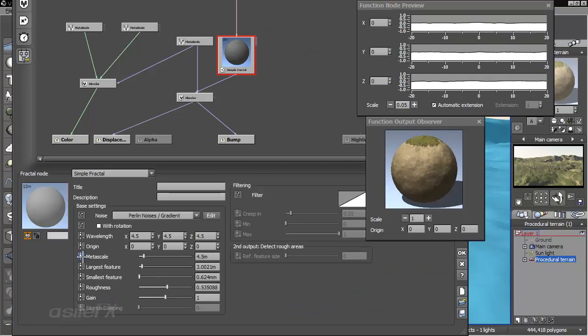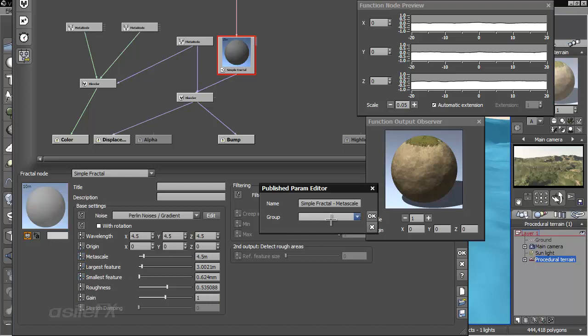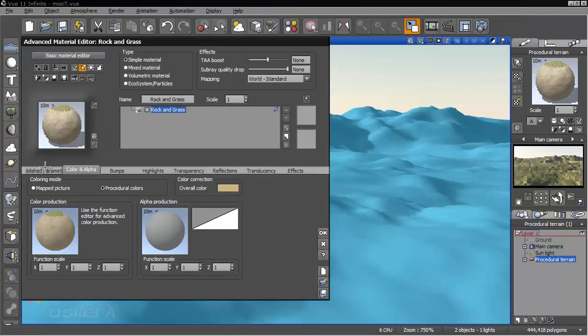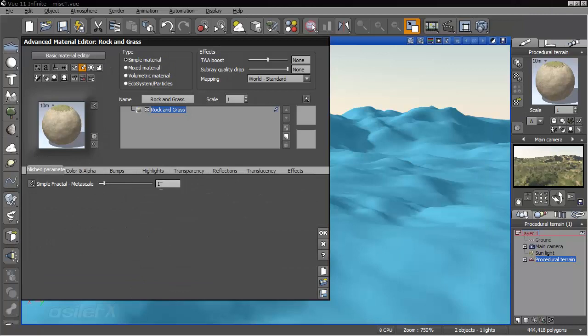But if we want to publish it, what we need to do is right-click, and then we can choose to connect the parameter, which is extracting it, or we can publish it. So then we can choose the publish option. Click OK, and now we have a published parameter for the metascale. So that works within